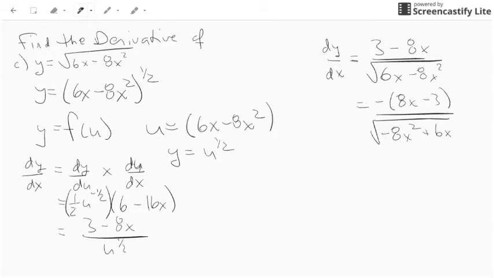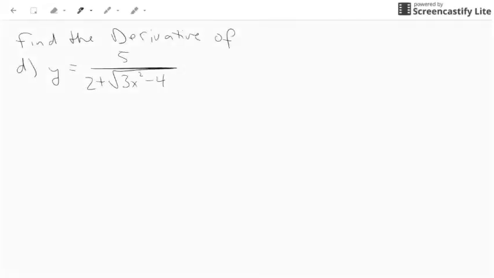But it does look better having the quadratic term first in that expression, just like up in the numerator. It does look better to have the linear term first. Anyway, I like the way that looks better than the way it looks one step up. You're going to have to figure out, though, with your teacher what your teacher wants to see in an expression like that. Okay, now let's find the derivative of y equals 5 over 2 plus the square root of 3x